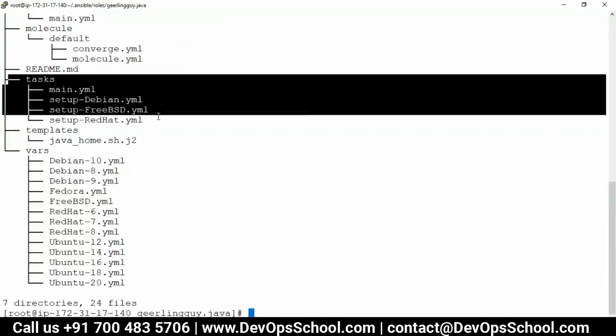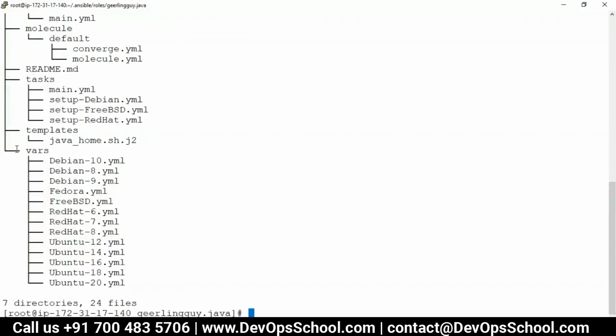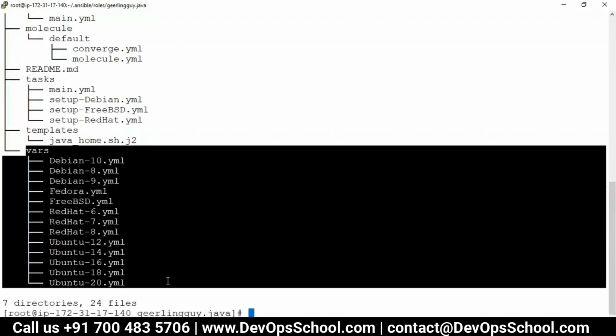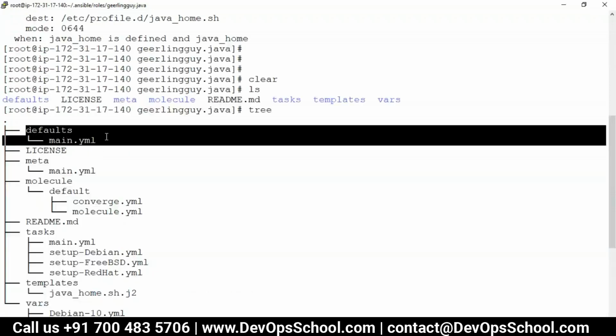Remember why we use vars? Because user can change it. Why we use default? Because something you should set default, so that failure should not come. Here he has set the variable and made it null value. That means it will have a skip, no error.